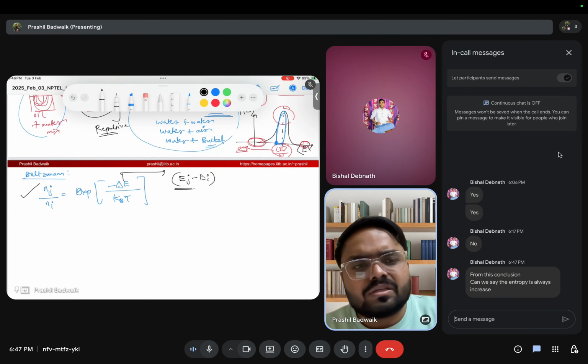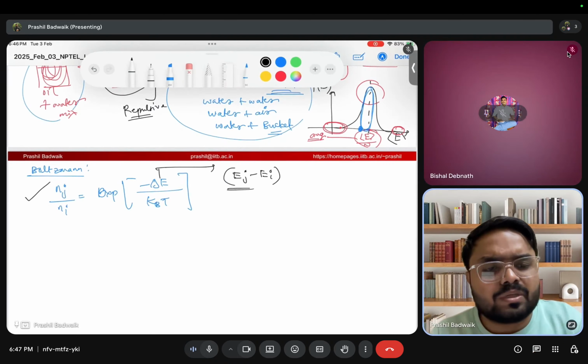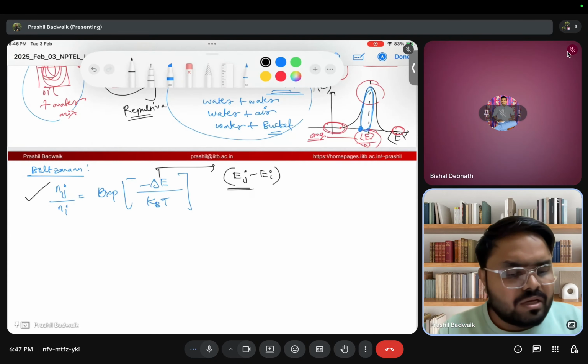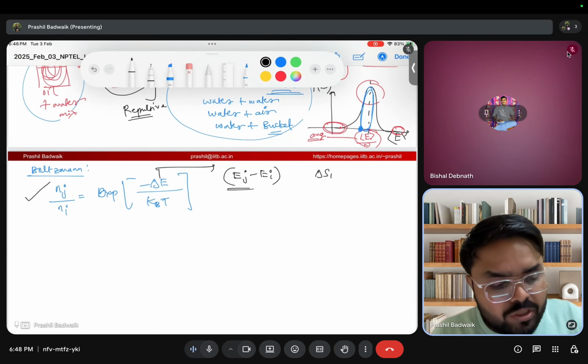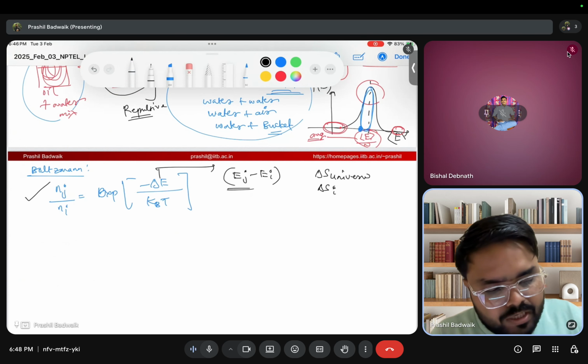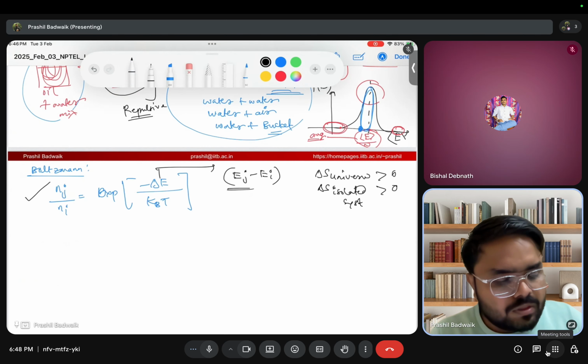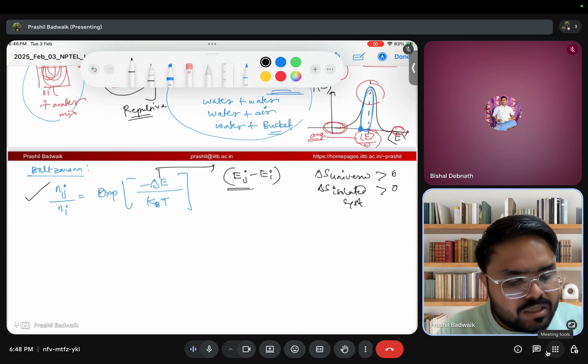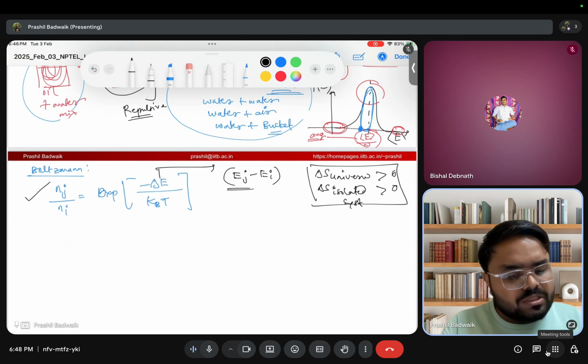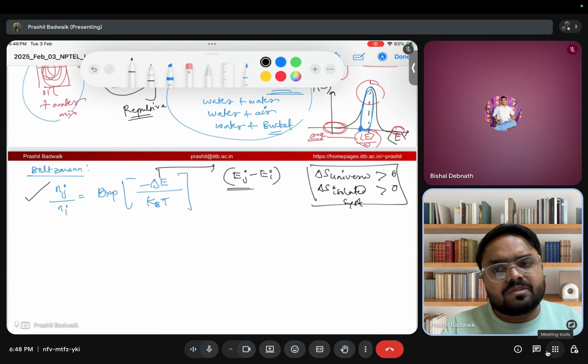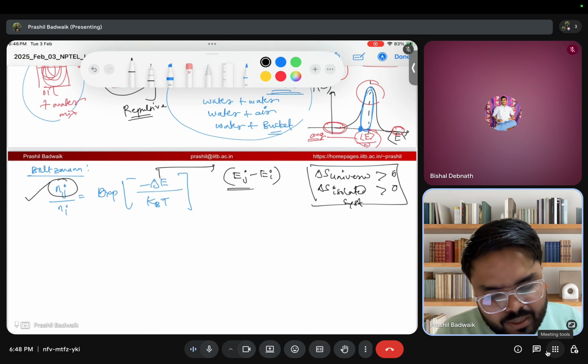Yes, obviously the entropy is something that has to be there and should increase. But then I am talking about the entropy of the universe, or the entropy of an isolated system, correct? So this is the concept that is there. This is the difference in the energy that I am saying, and this is the distribution of particles in different